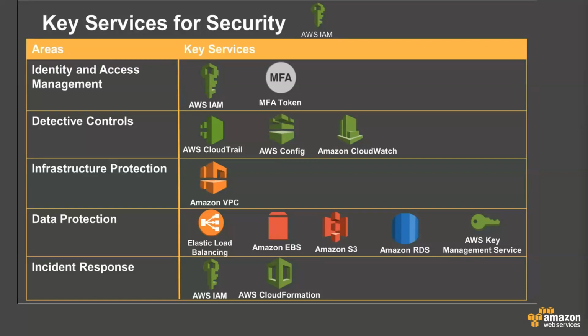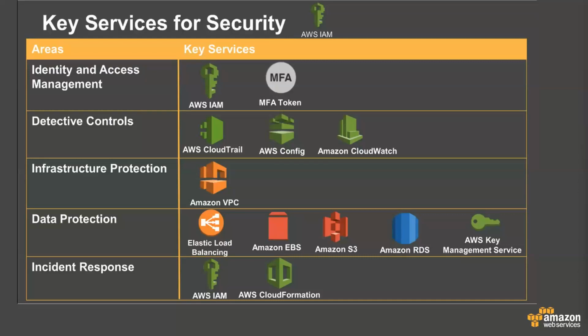Then you have infrastructure protection, and here it's where Amazon Virtual Private Cloud, the VPC, comes in handy. Remember, the cloud is a public resource, so anyone with an internet connection can get to it. But if you have a sensitive application that you don't want anyone to access, you need to put it in a VPC, in subnets, private subnets, so that only the right people and the right resources can have access to your application. This will prevent issues to do with breaching and maybe your system being hacked.